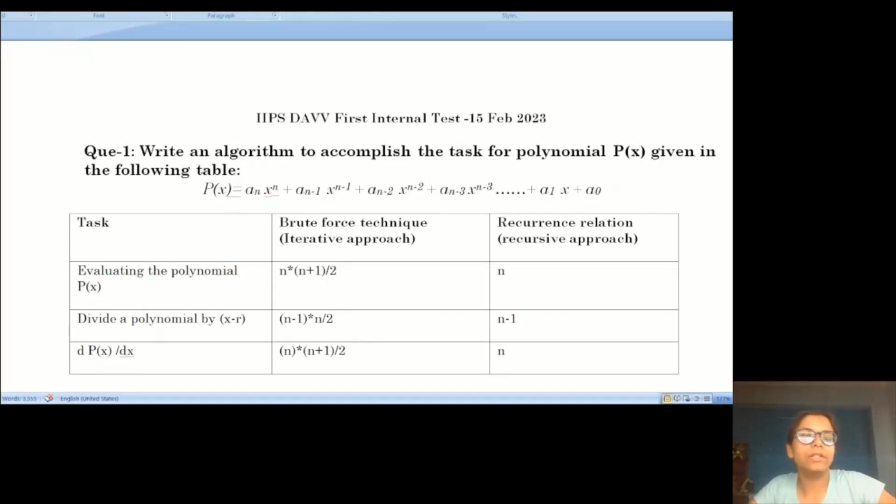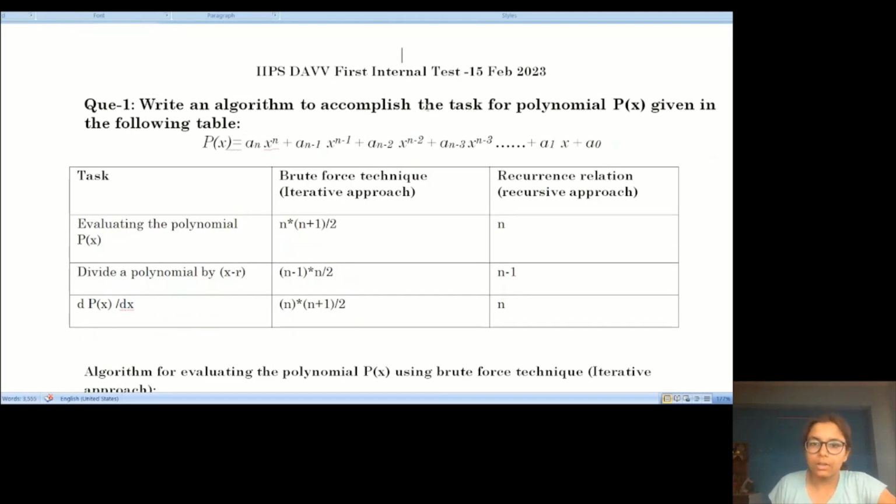Hello everyone. For this video, we're going to solve a question paper on numerical analysis and design. Let's get started with it. For the first question, we have to write an algorithm to accomplish the task for polynomial p(x) given in the following